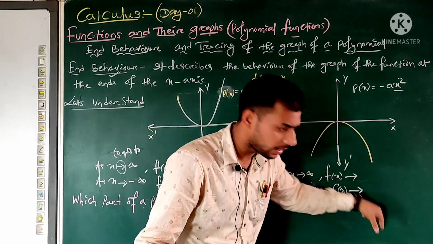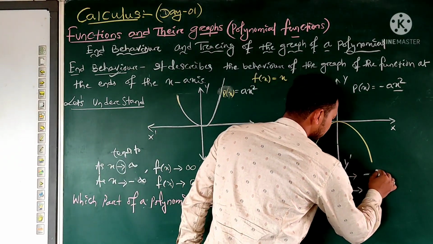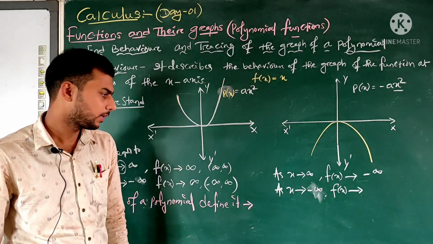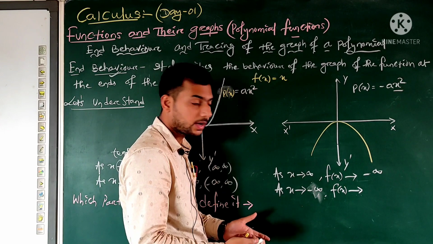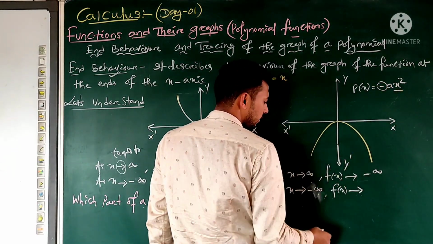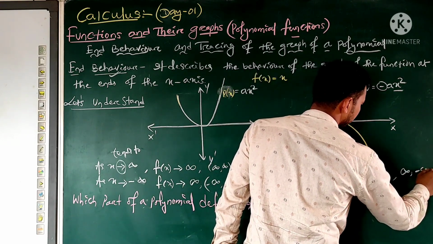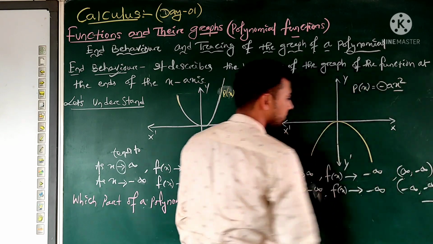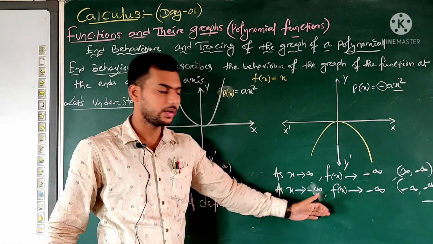It is going in the downward direction, and downward direction is considered to be negative. We can say this is minus infinity. So whenever we are considering x tends to negative infinity, f of x again tends to minus infinity because this minus sign is there. So it simply becomes minus infinity. Here also we are getting infinity comma minus infinity and minus infinity comma minus infinity. These are the end values we are getting.